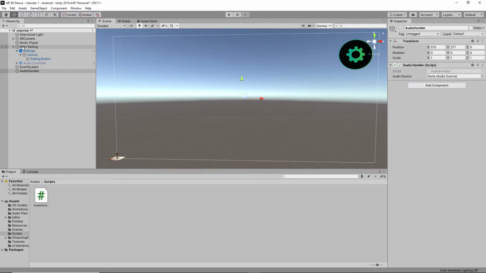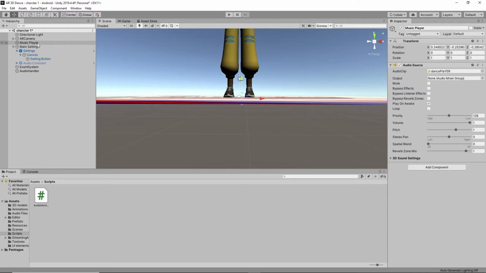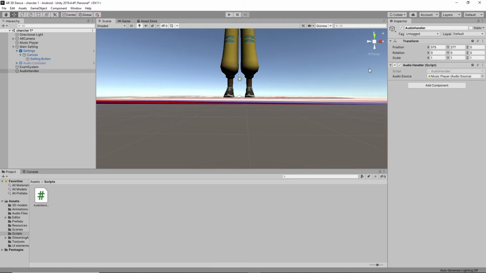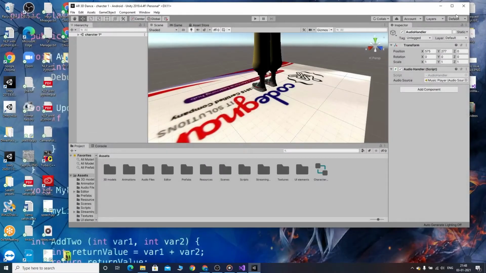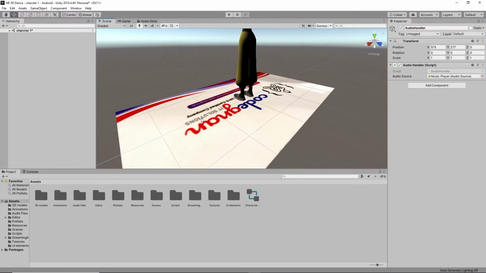So we have to drag this music player to this audio source. Yeah, we already declared it now. Just select this layout to default. It will be changed like this. Now it will be easy to work.